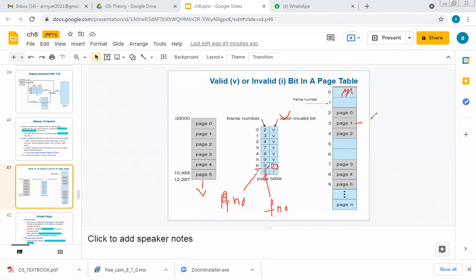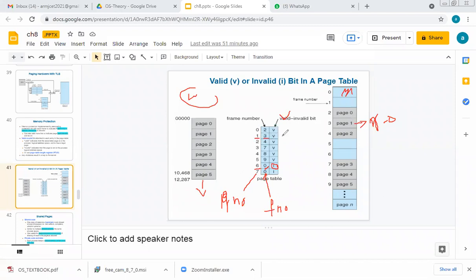Let us take this example. Page 1 is read only. I repeat, read only. And some process wants to write into that. How do we give this protection? Coming back to where page 1 is present: frame 3.